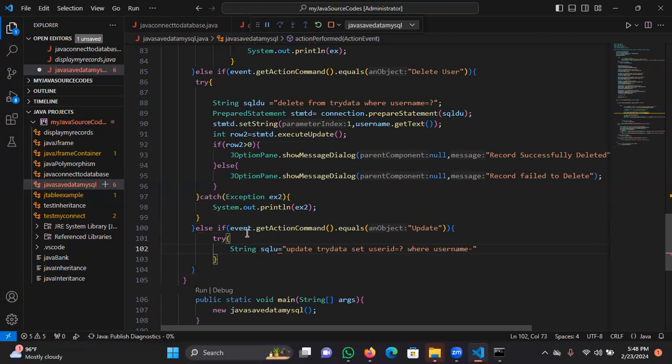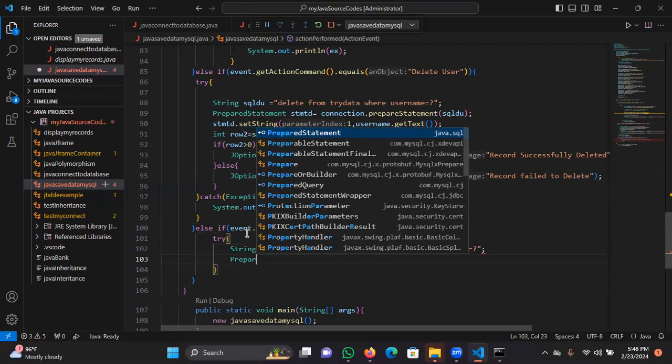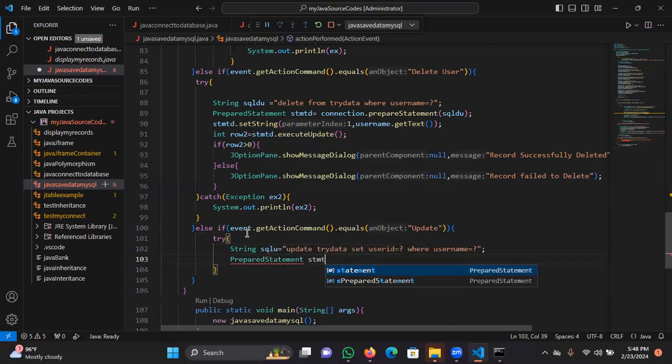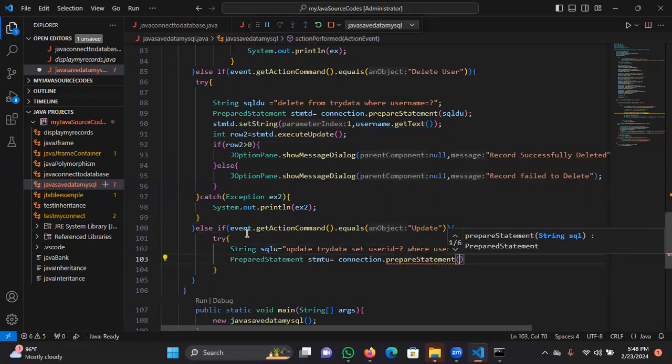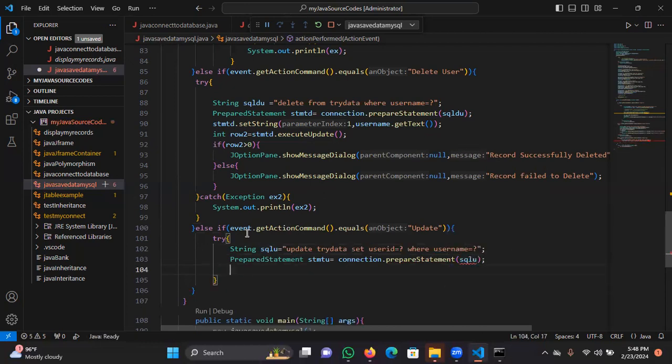You see, you have to use where. Now let's get our prepared statement, stmt update, and then connection dot prepareStatement SQL update, and then say